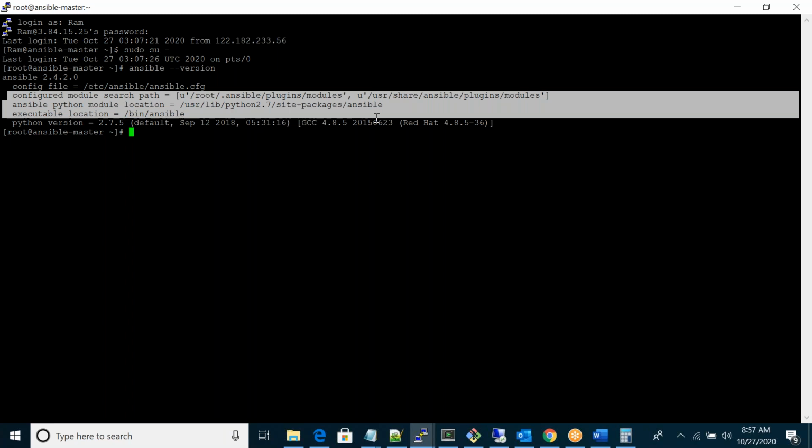You don't need to install any external Ansible plugins separately. If you install Ansible, along with the package, all required libraries, binaries, modules, and plugins will be installed automatically.